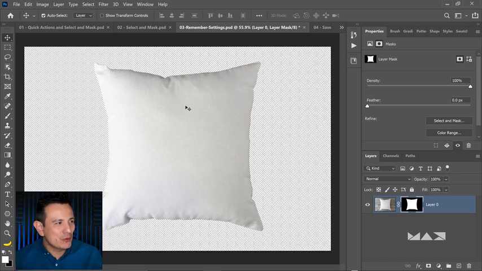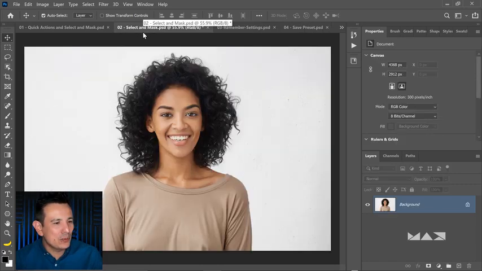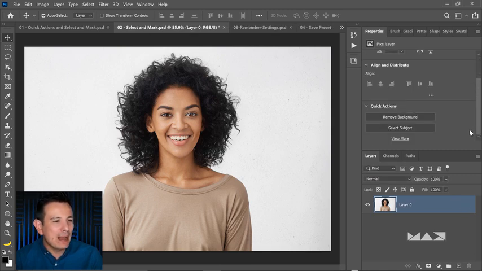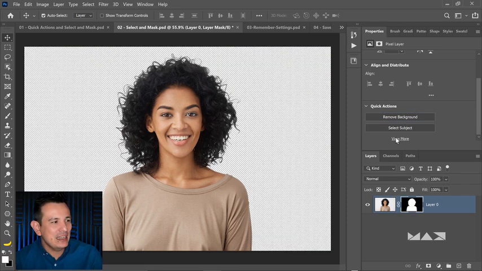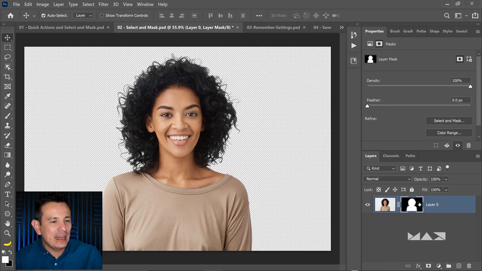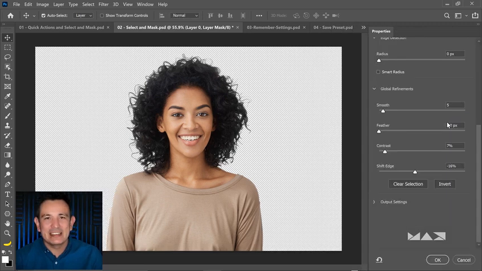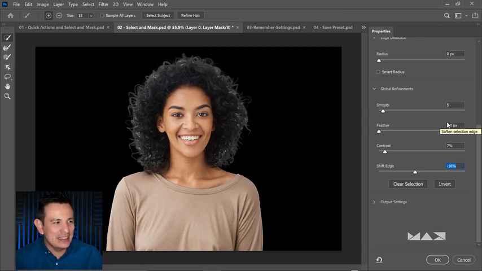Also brand new in Photoshop 2021 is this new preset feature. In this case, we'll use this model. She's on a solid background, so the remove background button is going to work great, as you can see. And if I click on the layer mask, I can also click on selected mask from the properties panel. So as you can see, there's a lot of ways of accessing the selected mask workspace, and the settings that